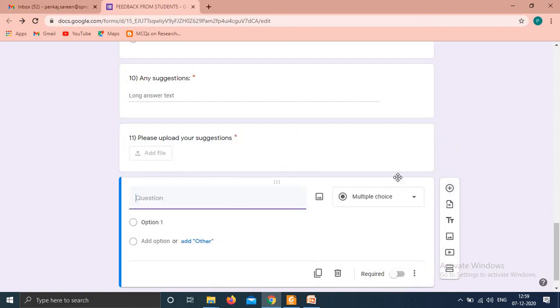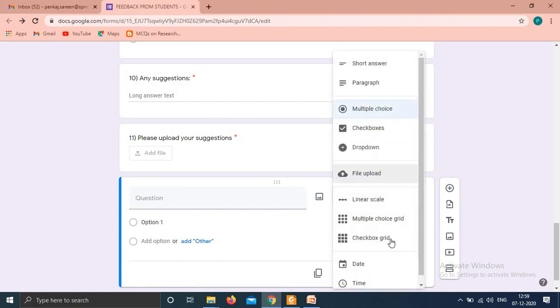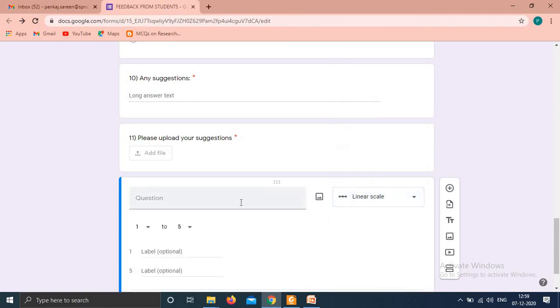I have explained all these options: date, time, checkboxes, grid, linear scale, which you can use if you want to rate any performance. Let me select this linear scale. Please rate, and you can choose any value.